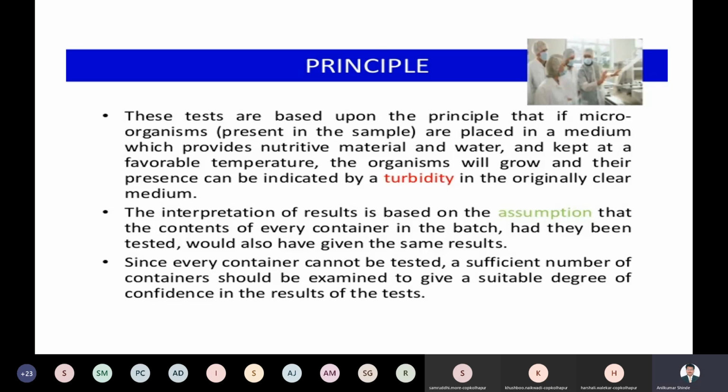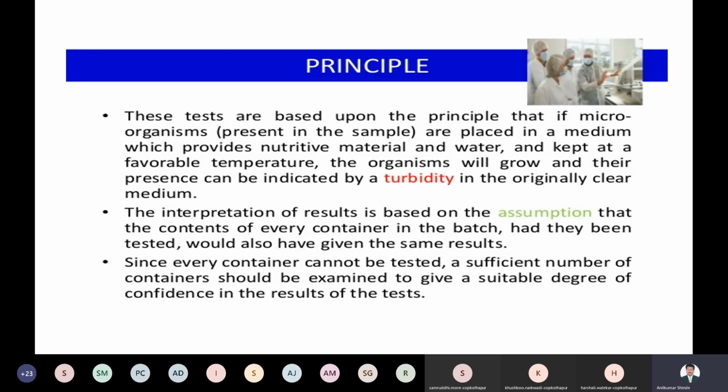So as per the Indian Pharmacopoeia, as per the USP, as per the British Pharmacopoeia, if you prepare different types of injections, the guidelines are given on how to test the containers. समजा 1 लाख vials असतील batch मध्ये तर तुम्ही किती representative sample घेऊ शकता. So that guideline differs between the IP, the BP or the USP, right? And there are differences depending upon the pharmacopoeia.